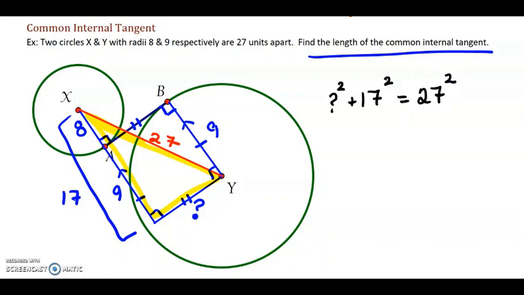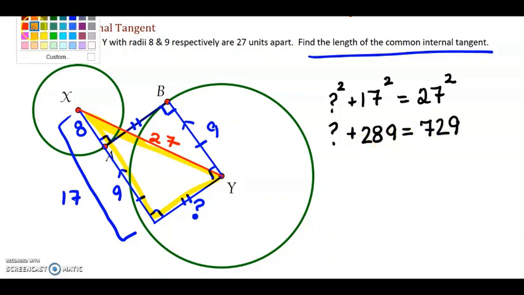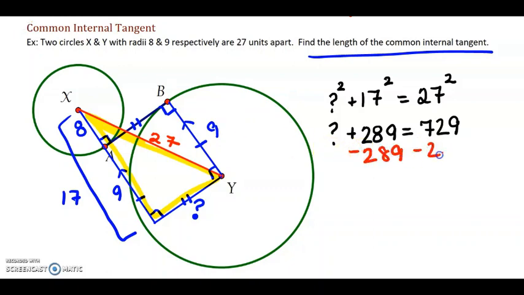That doesn't look like a triple, and there isn't any common factor between 17 and 27, so I'm going to end up just using the Pythagorean theorem for this. Then I'm going to subtract and get